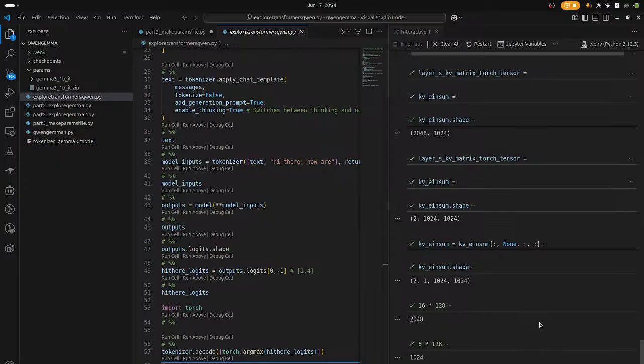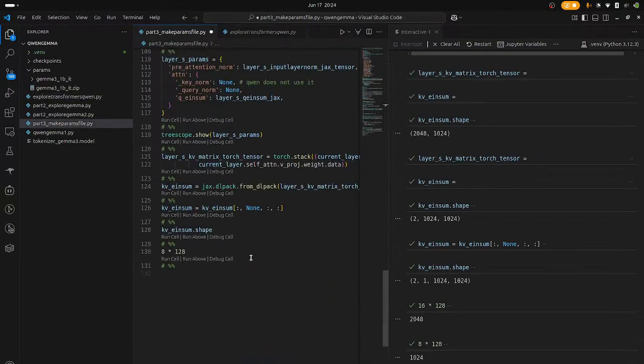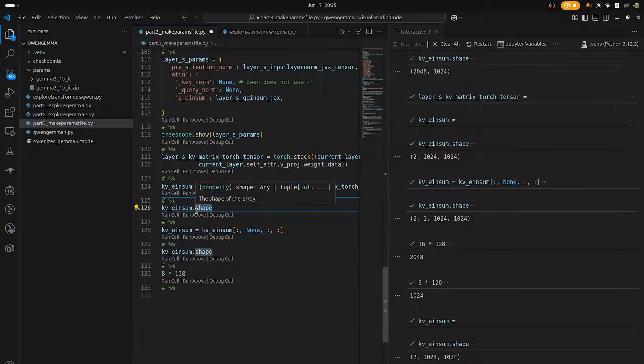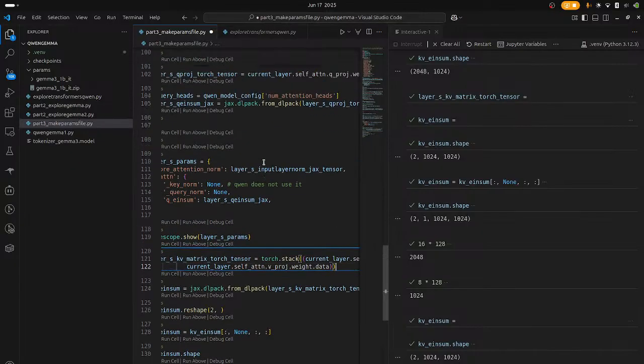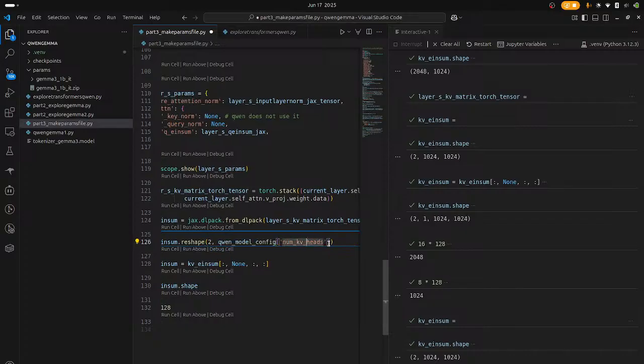So I think I will just say that we're gonna reshape it into two times this thing that we have here. It's called num KV heads times